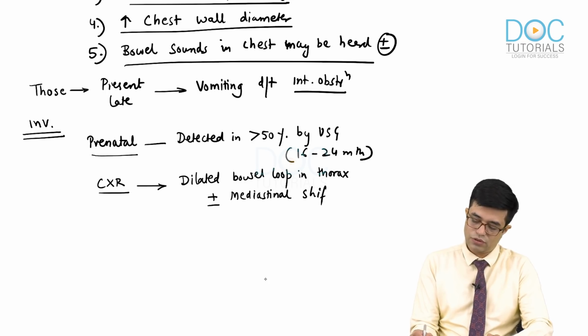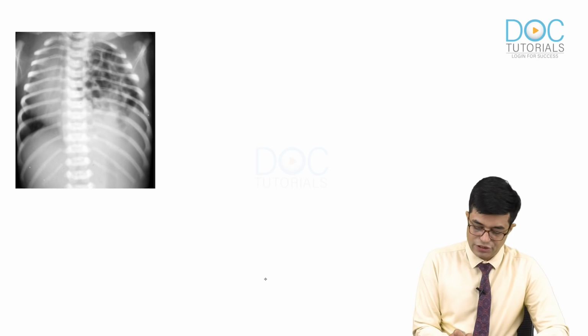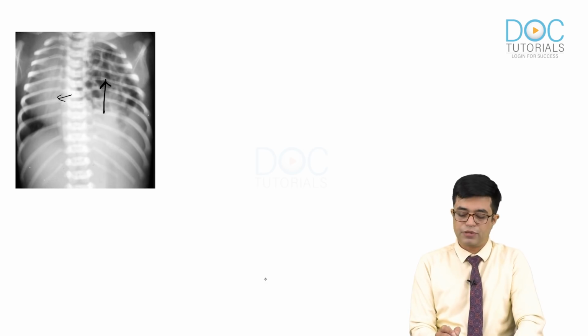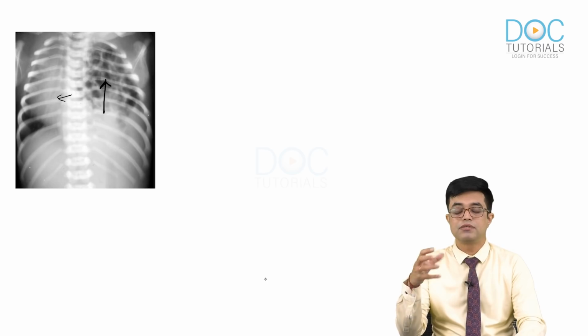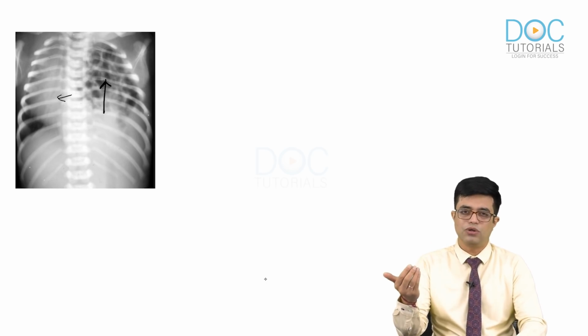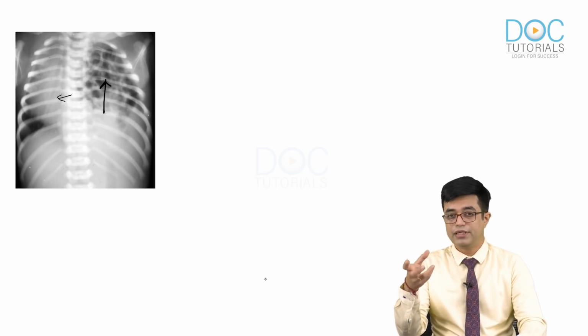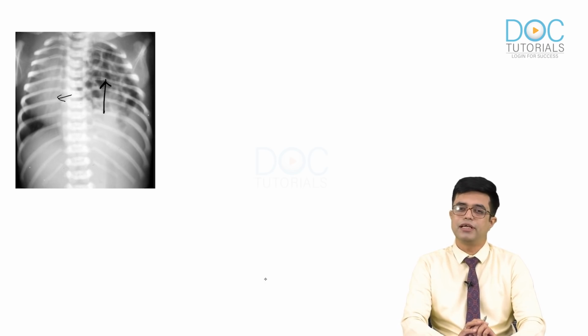So, how would the chest X-ray look? Let us have a look. Look at this chest X-ray. Can you see that there is a mediastinal shift happening to the right, plus there are dilated bowel loops present on the affected side. The question will tell you that there was a child who developed respiratory distress soon after birth. He was having scaphoid abdomen and the chest X-ray is shown below. This is the typical X-ray you will find in such a child, where there is a mediastinal shift along with air fluid levels or dilated bowel loops present on the right or on the left side where the herniation is developing. So, this is a typical hallmark chest X-ray of congenital diaphragmatic hernia.